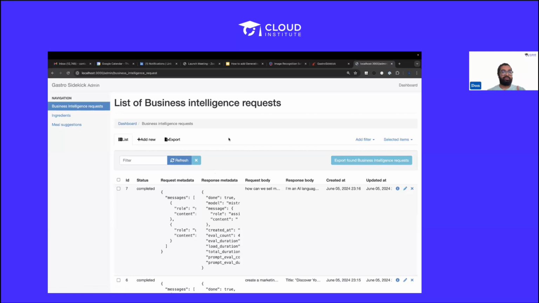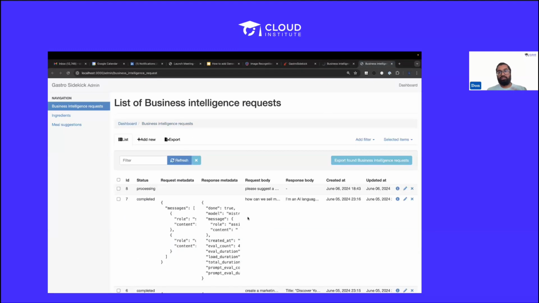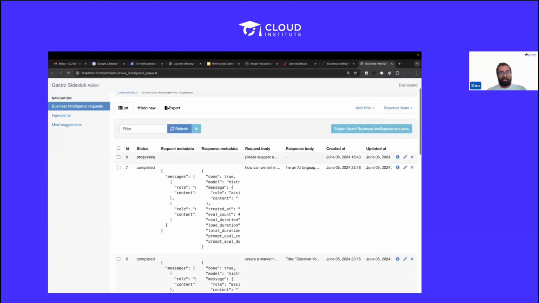So things like, please suggest a marketing campaign for natural foods that will attract those between the ages of 18 to 25. Okay, so while that processes, let's take a look at some of the other